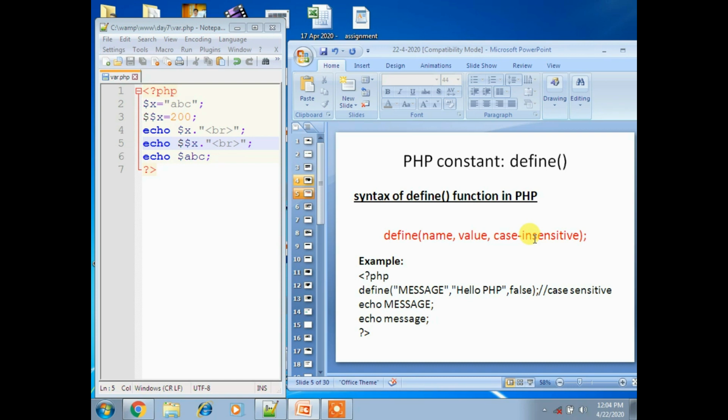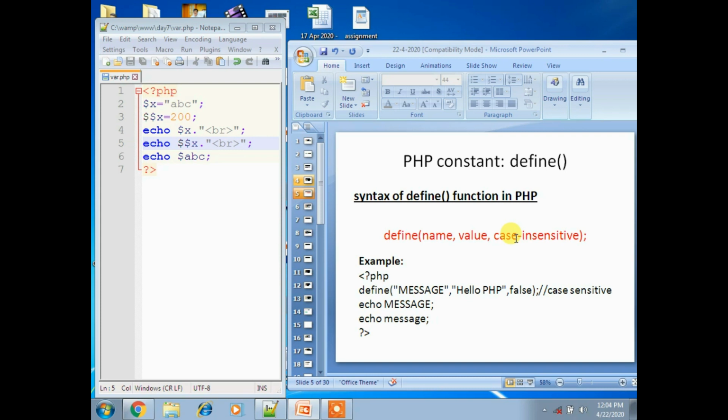Name specifies the constant name, and value specifies the constant value. Here case insensitive's default value is false, which means it is case sensitive by default.